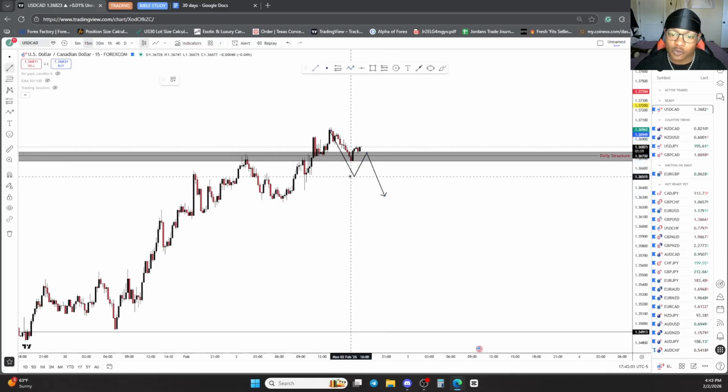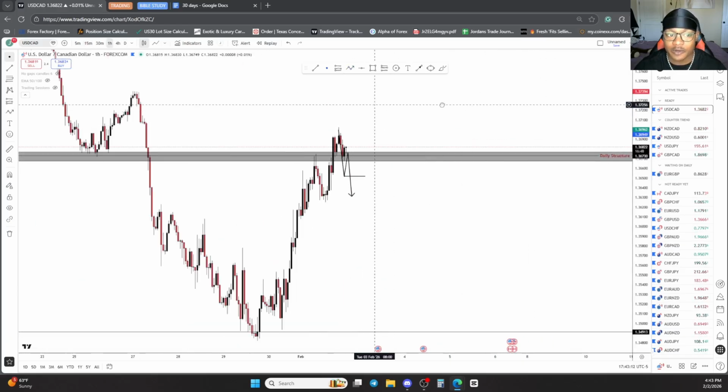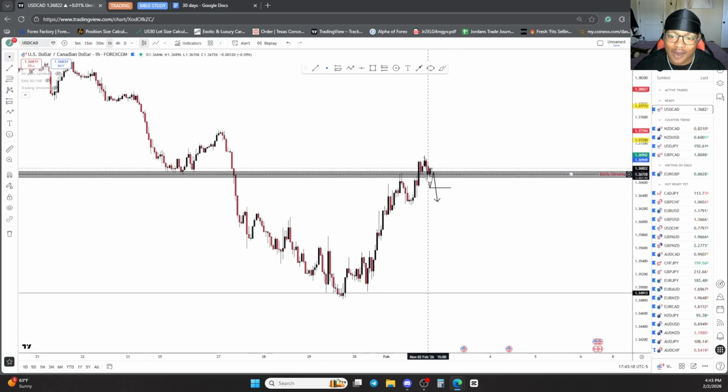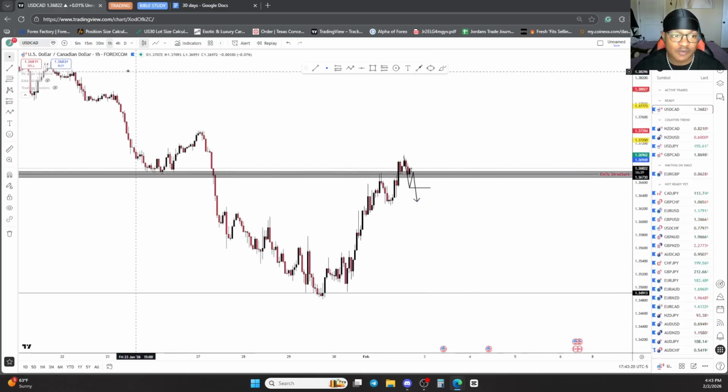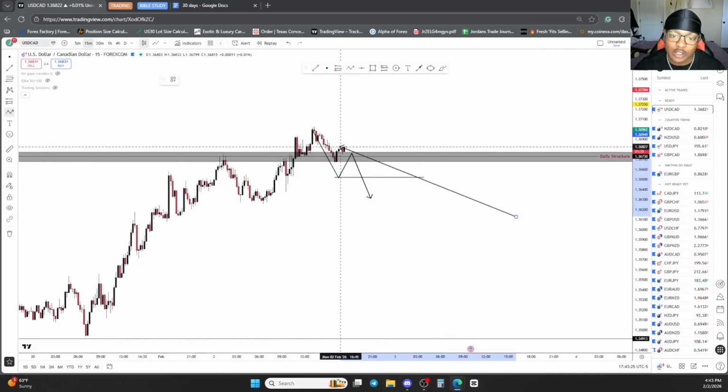Why? Because once I see this continuation breakout, it's showing me that we're having the selling pressure from this area of interest. If I zoom out, go back towards the 1 hour, we see this area treated as floor when we're above, treated as our ceiling when we're below. Right now, we are above, treating it as the floor. I'm simply just waiting for price to break below my floor, come back, treat it as my ceiling, and then have the next break of my floor.